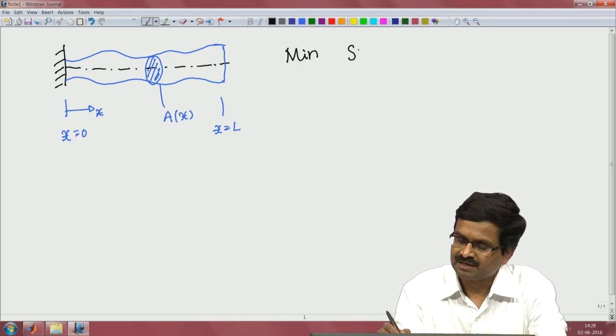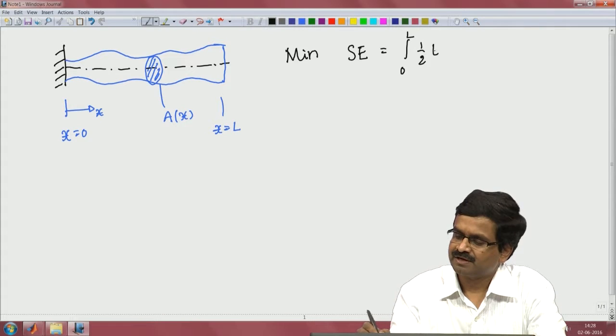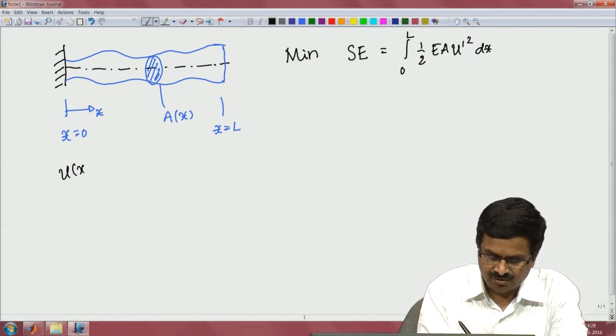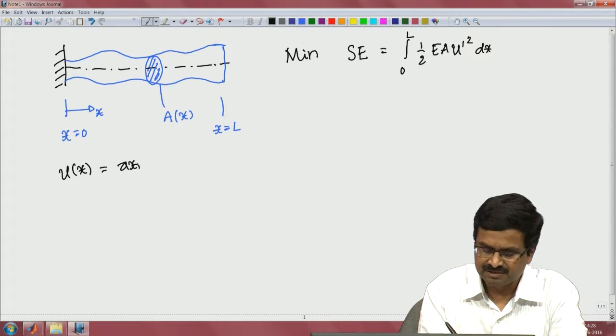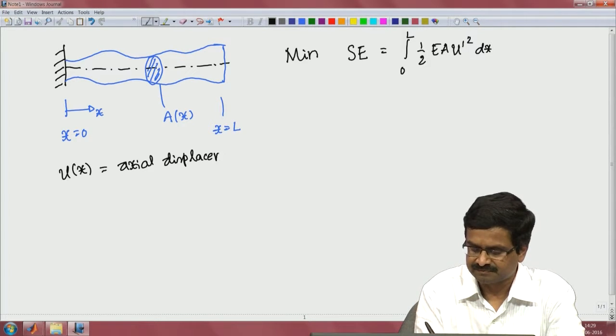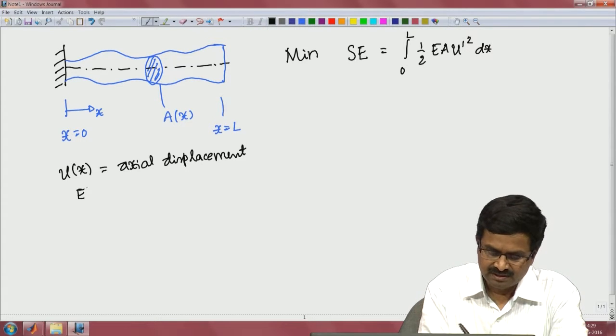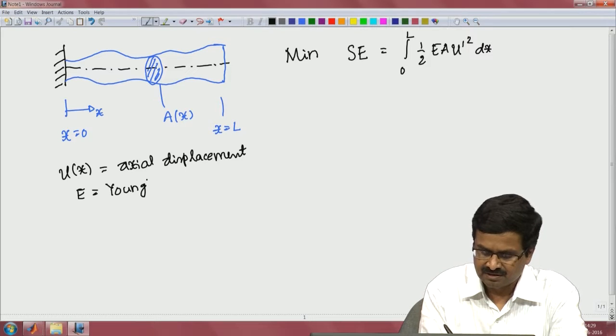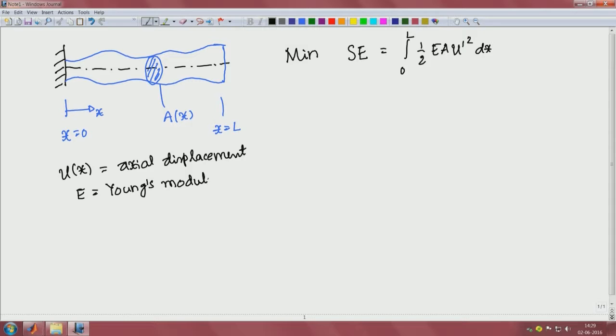meaning we want to minimize the strain energy of the bar, which is given as a functional 0 to L half E A u prime square dx. Let us recall that u of x is the axial displacement when there is a force applied on the bar, and of course E is the Young's modulus of the material, that is the stress strain relationship, and A of x is the area of cross section. So, that is the area of cross section, which is our design variable. So, we minimize with respect to A of x the strain energy,